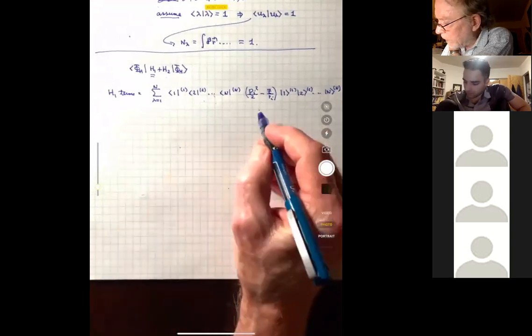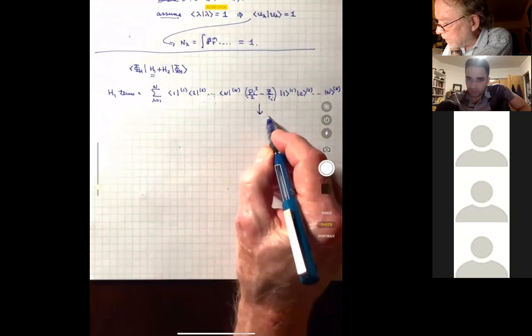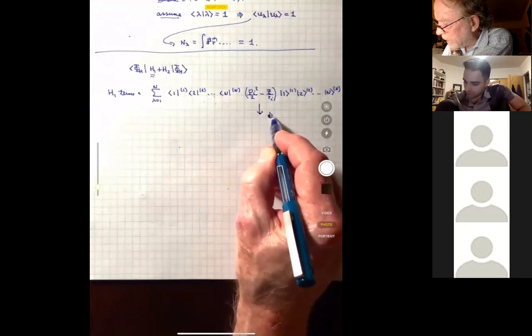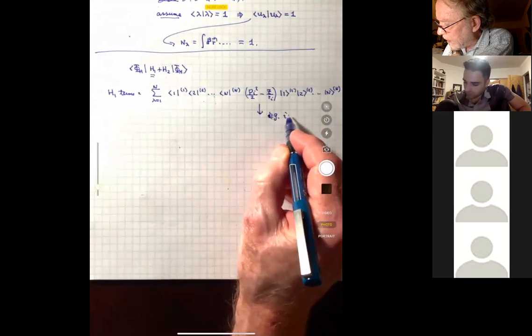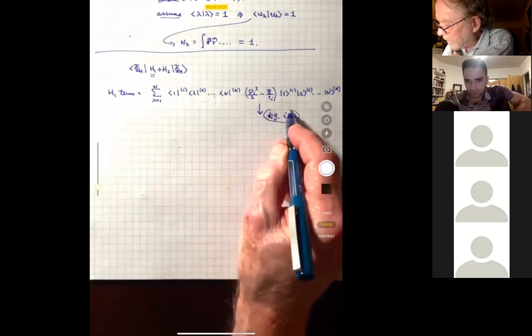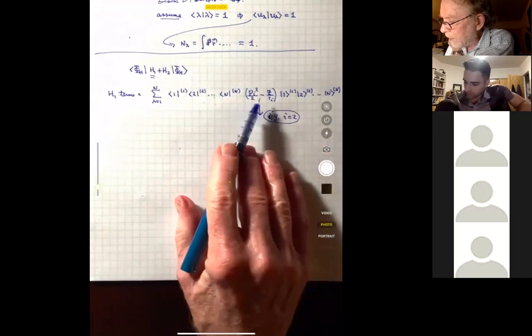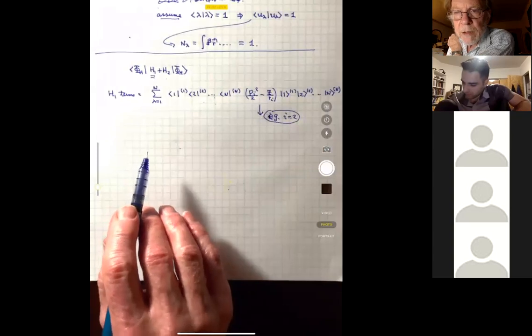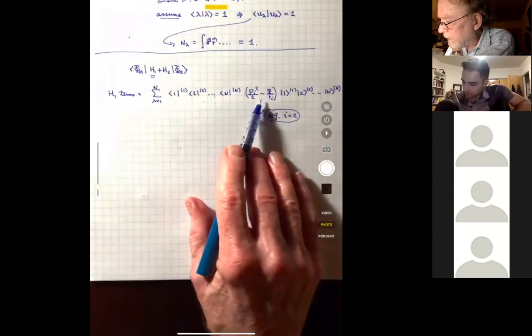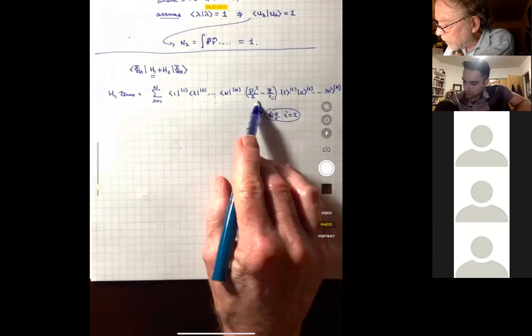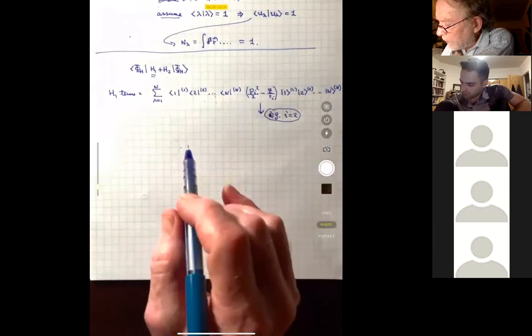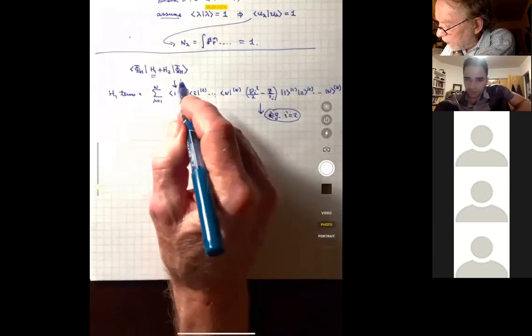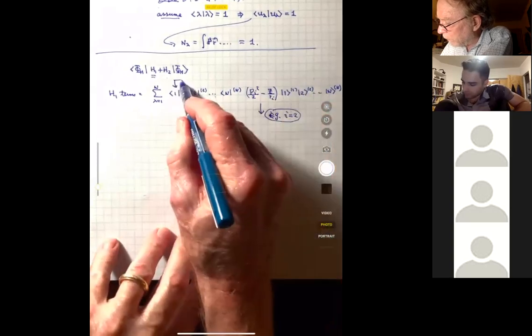To understand this matrix element, let's take an example. Let's take the example that i is equal to 2 here. This, of course, is the operator giving us the kinetic energy and the potential energy of interaction with the nucleus. Let's take the case i equals 2. If we do this, then the bra 1 for particle 1 here and the ket for particle 1 over there,